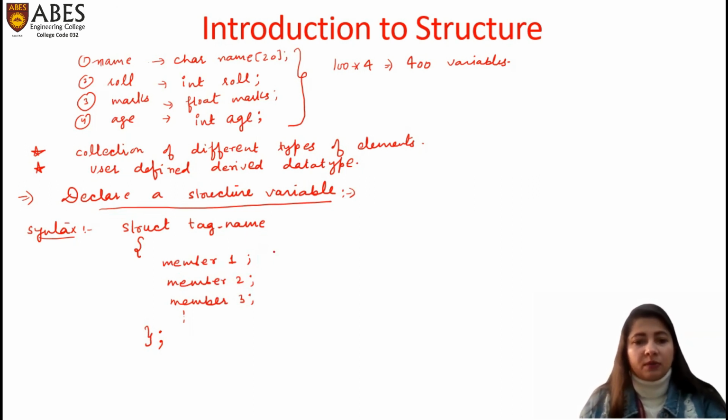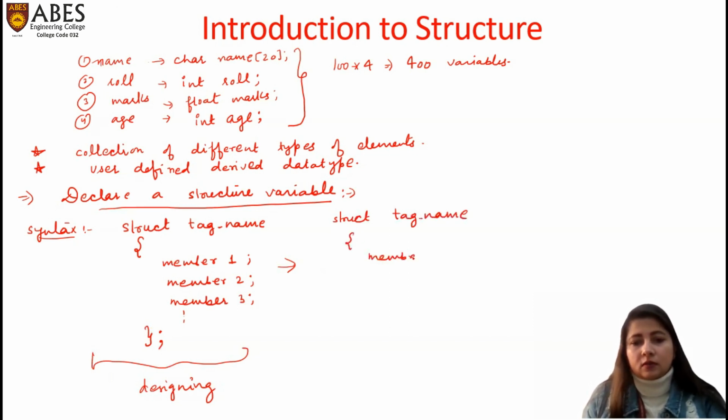Now, as we know, memory is allocated to the variable only. Here, members will not be allocated any memory until and unless we have declared a structure variable. So before declaring a structure variable, we first have to design the structure. So here we have completed the designing part. Now, how will we declare the structure variable? Struct, tag name, then members. There can be any number of members depending upon the information that we want to store in this particular structure,